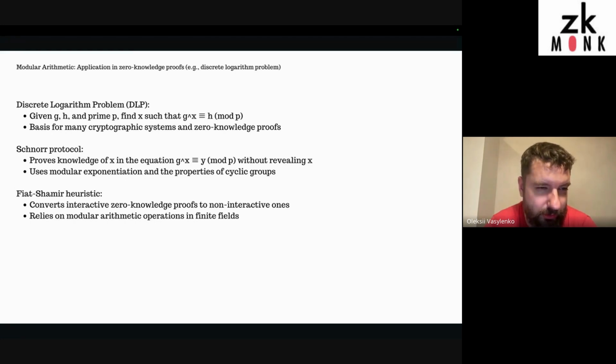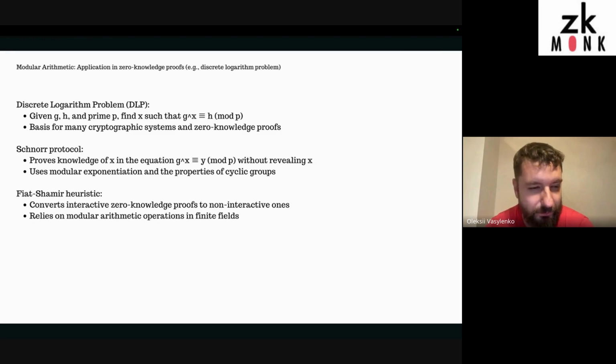Modulus is used in the elliptic curves. It's used in short protocols, proof of knowledge of x in the equation without revealing x. And today there will actually be homework to do something with elliptic curves that proves that you know some knowledge. The first one will be very simple, very generic, but if you do it, you will get a lot of